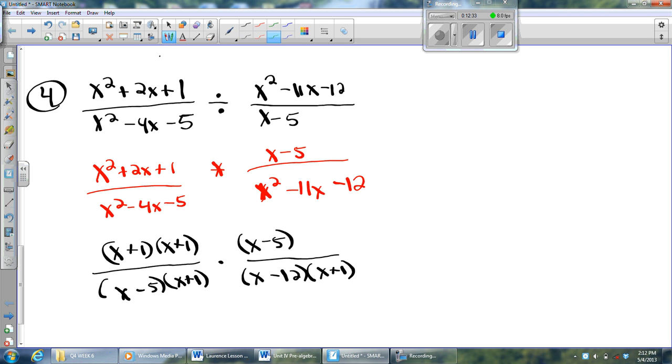Ready for the canceling. X plus 1, x plus 1, x plus 1, x plus 1. X minus 5, x minus 5. My numerator's gone. Oh no, what did it turn into? Don't be silly now. Turned into 1, because we divided out. Yeah, the numerator's 1. What's left in the denominator? X minus 12. This is true when x does not equal 5, negative 1,